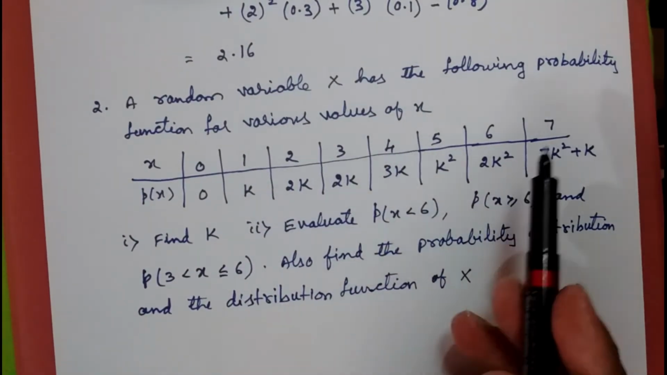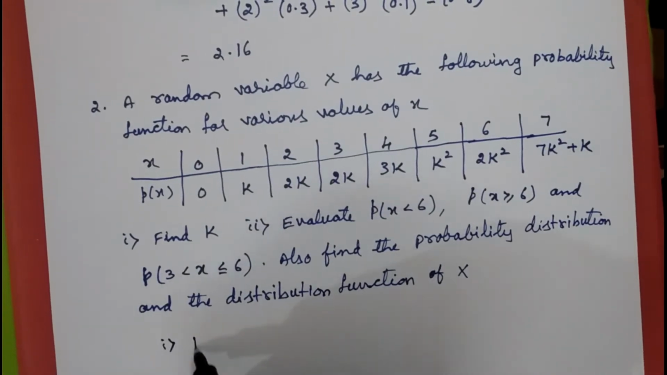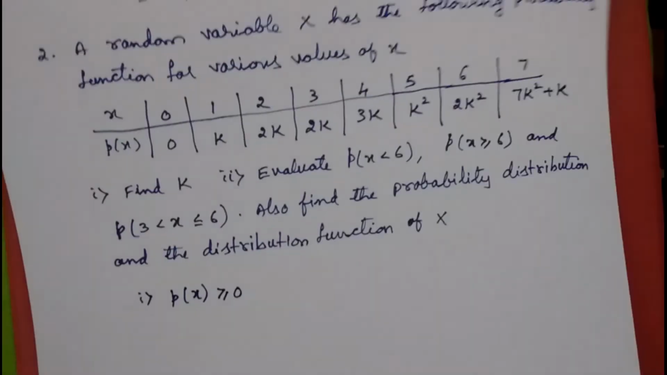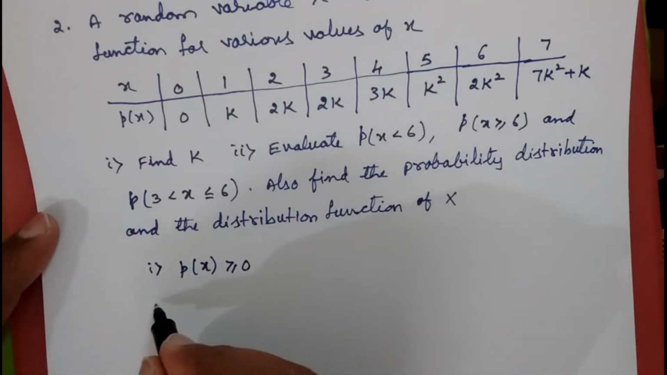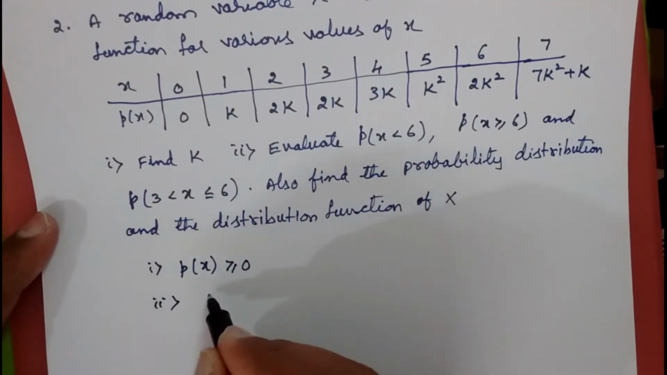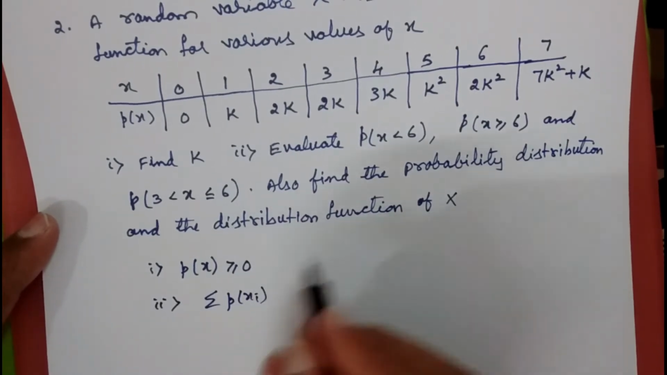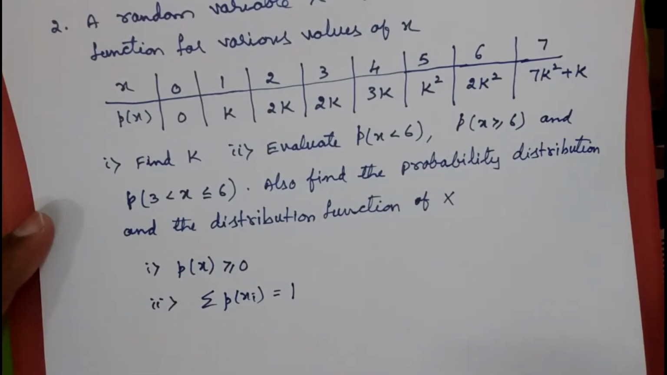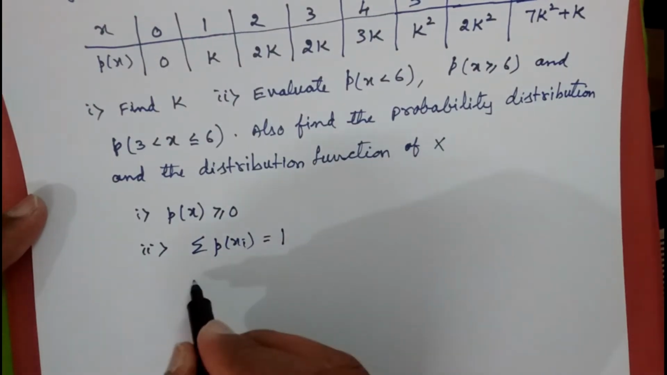So for a probability distribution, two conditions have to be satisfied. That is, p of x should be greater than or equal to 0. And the second condition is that the summation of p of xi, or p of x, you can take it, should be equal to 1. So if you sum up all the values of p of x over here, you will be getting